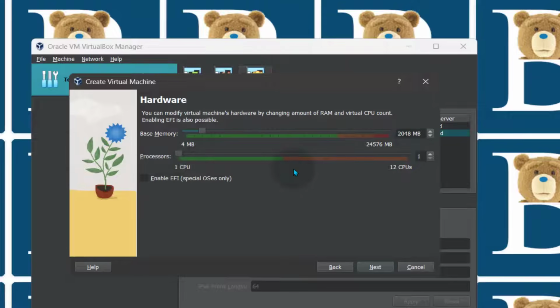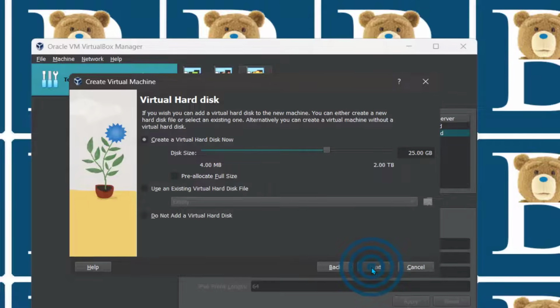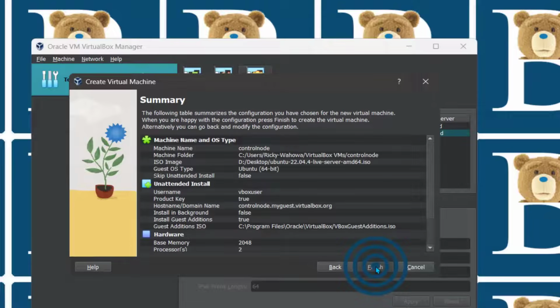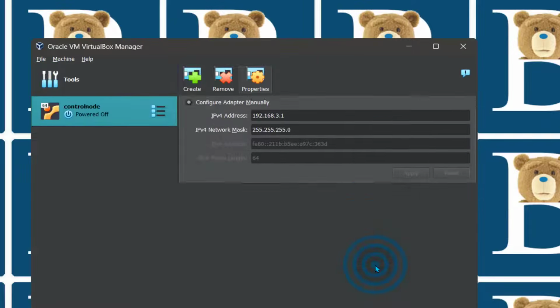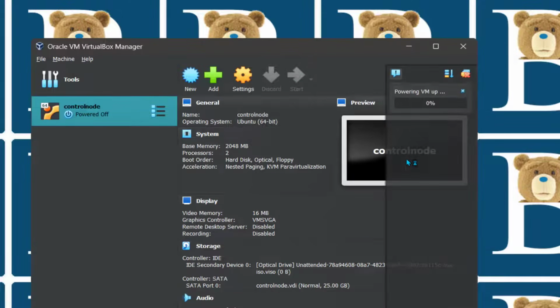And then for processors, you need at least 2 virtual CPUs. If you go with the one, you're going to get an error later. So make sure you select 2 virtual CPUs. And then I'm just going to go next. As for disk, I'm just going to go with the default, which is 25 GB. That's okay, that's enough. And then next, I can click on finish, but I don't want to do anything yet